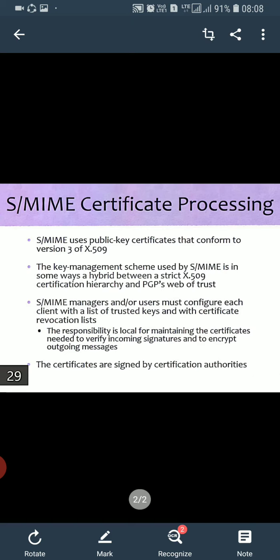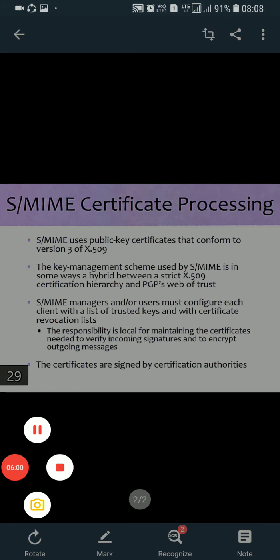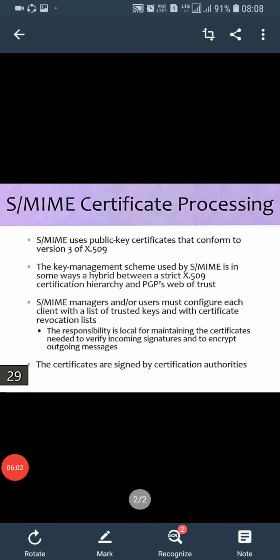Depending on the policy of the CA, the certificate and all its contents may be posted publicly for reference and verification.